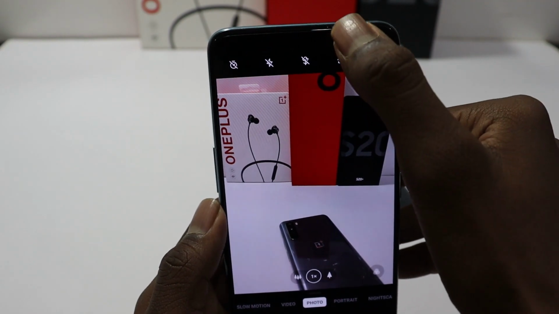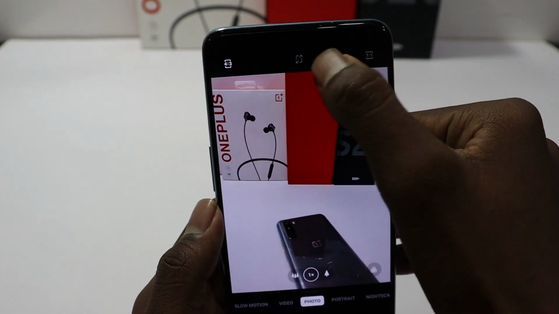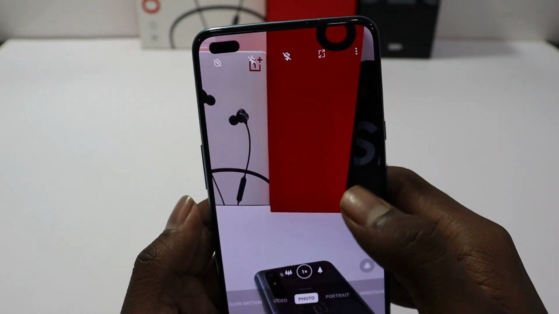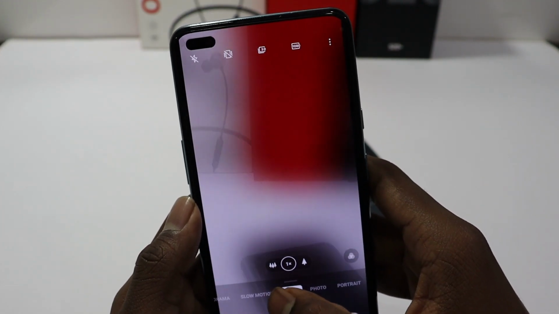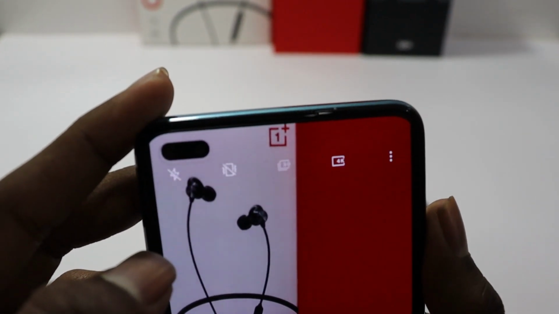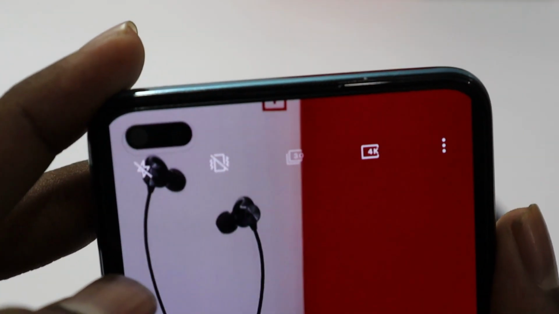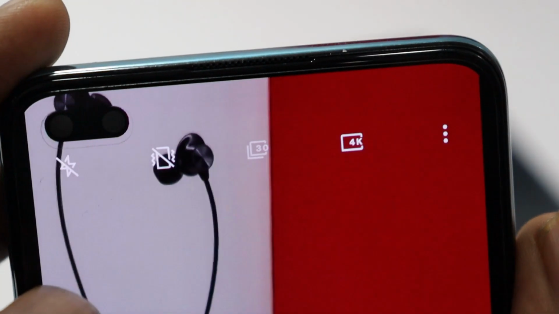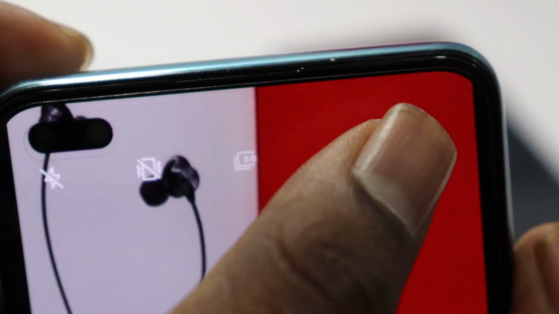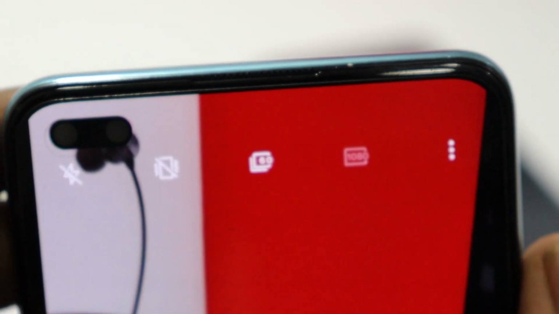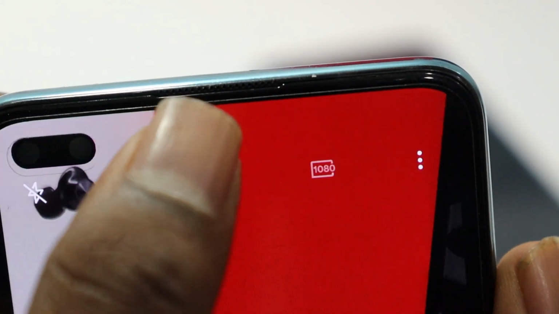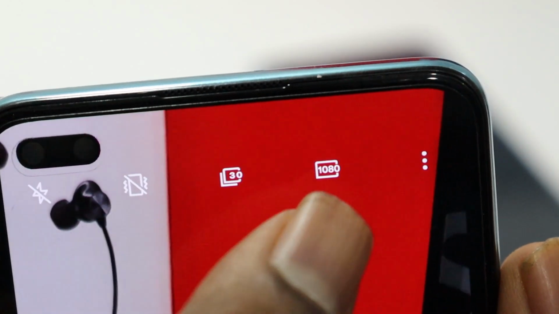Talking about the camera, we have a direct option to change the aspect ratio from the top of the photo mode. And on the video mode, we get a direct toggle button to switch between 4K and 1080p and 30fps to 60fps. But to switch from 1080p 60 to 4K, you need to first switch to 1080p 30, then to 4K,